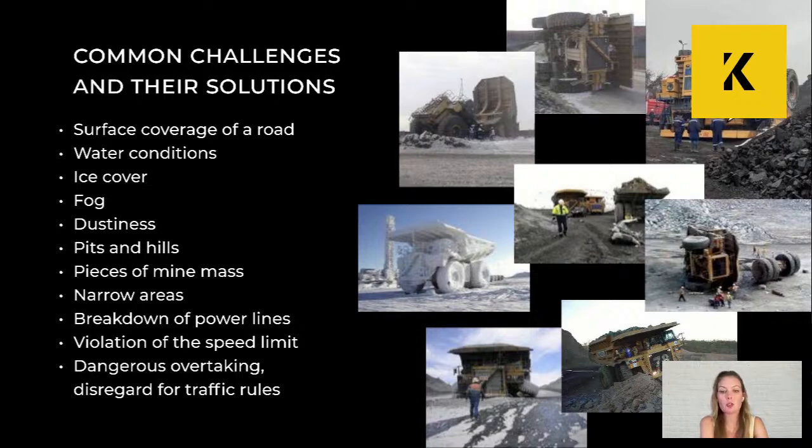Combating dust is straightforward. Just irrigate the top layer of the roads and use a reagent that absorbs small rock particles, keeping them on the road surface. Potholes and humps are a common issue if the quality of the road surface component is not up to par. They can form, and need to be addressed promptly using specialized equipment.